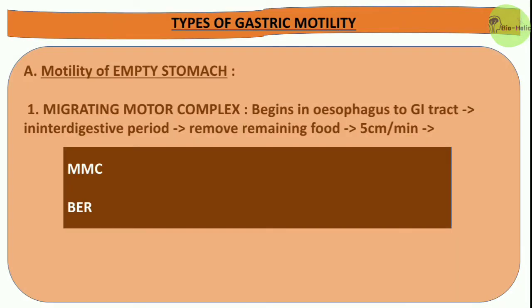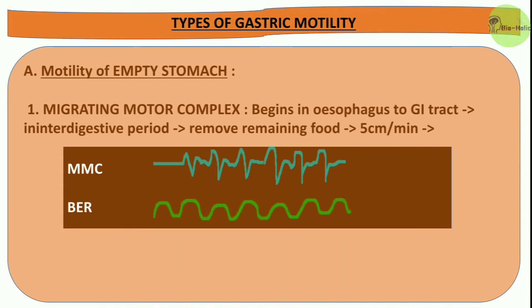There is a close relation between the basal electrical rhythm and the migratory motor complexes. When there is no MMC, the BER consists of rhythmic oscillation of the RMP between about -65 and -45 millivolts, and during the MMC the electrical oscillations are superimposed with many spikes.